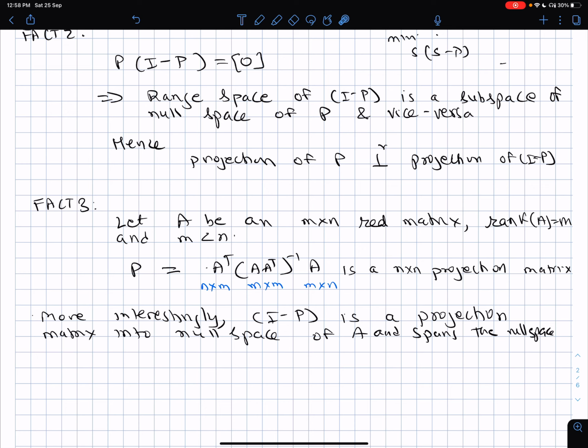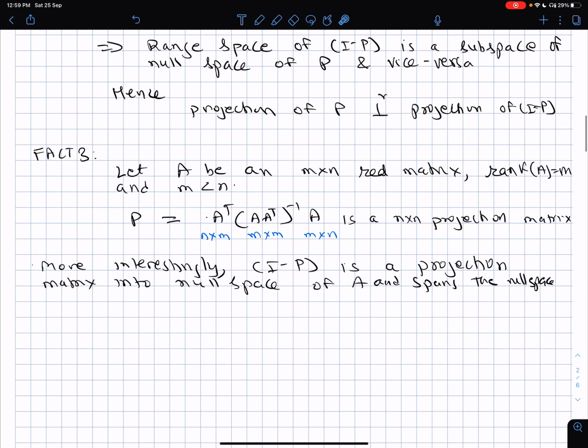Now, is it so difficult to get P square equal to P and P equal to P transpose? The question will be there in the mind, that will it happen only for a selected few matrices, or will it happen for many matrices? Infinitely many combinations could exist. So the answer is that if A is an m cross n real matrix, then let's say rank of A is m, full row rank, that is like a 3 cross 5 matrix with rank 3, where m is less than n, 3 is less than n, then you can easily show that this is a projection matrix.